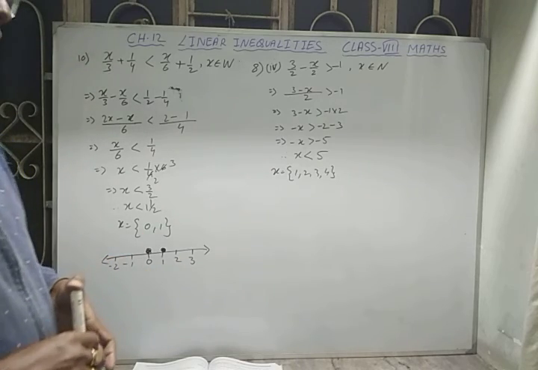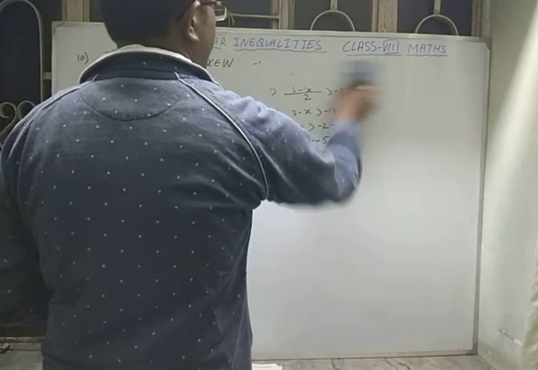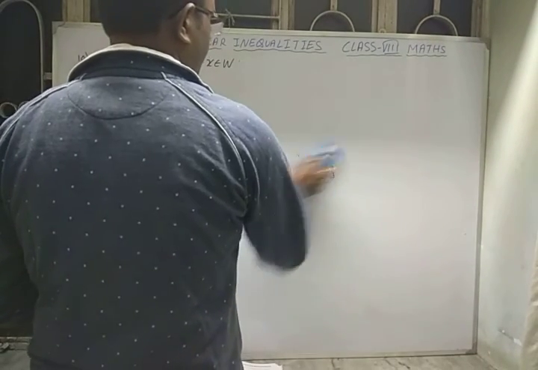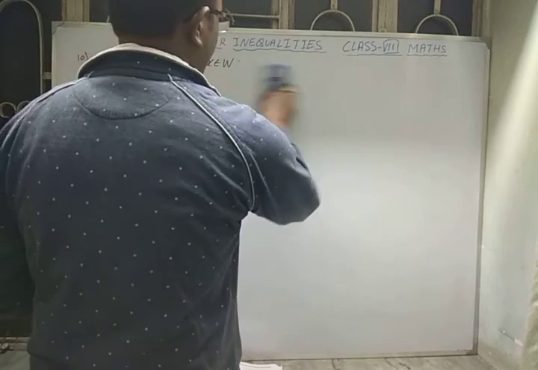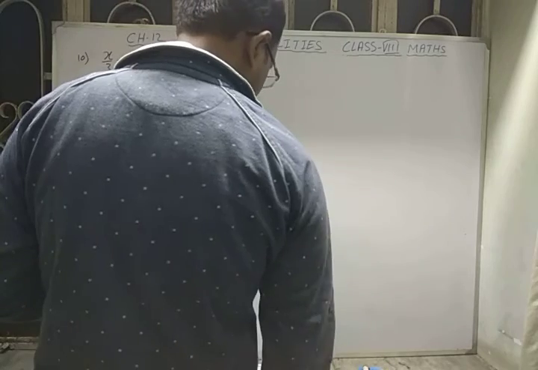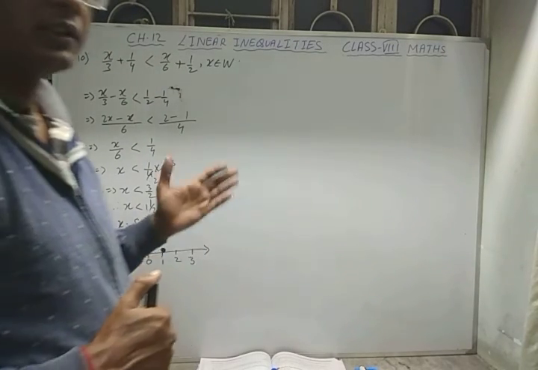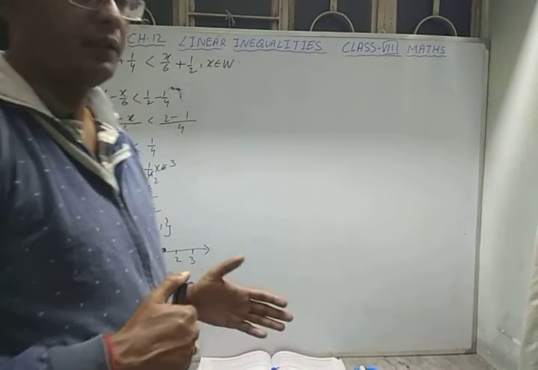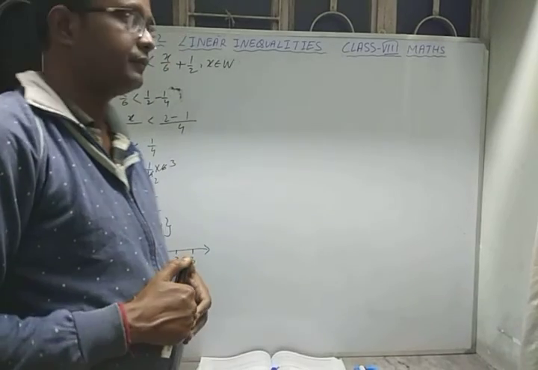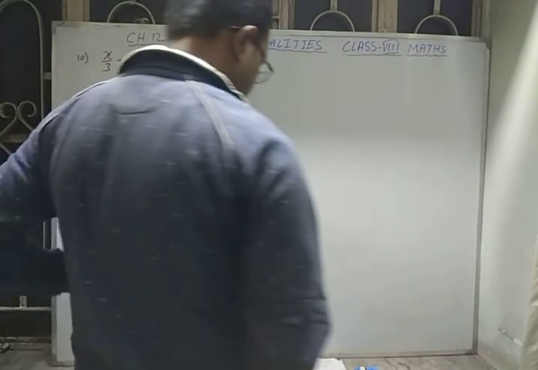Now another type of question where two inequalities are given in a single equation, I will show you this. This is the last question of this exercise, and after doing this question our chapter number 12 will be completed. And one more chapter we left for the unit test 4, because in unit test 4 there is this chapter number 12 and the circle chapter. I don't remember the number of the chapter, just circle, you remember, circle is there in your unit test 4.